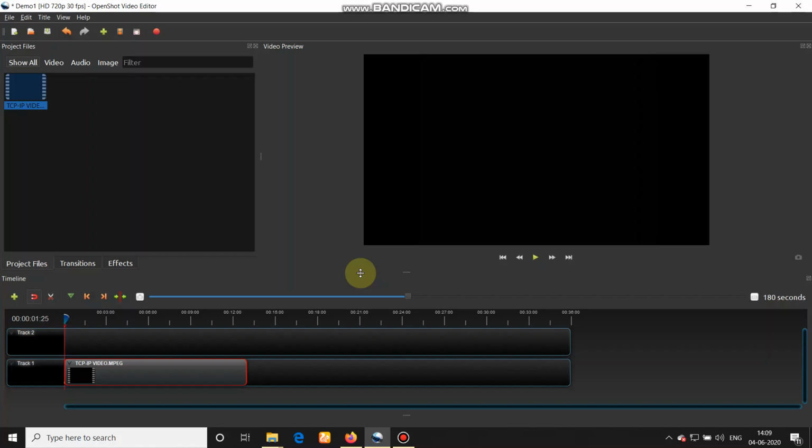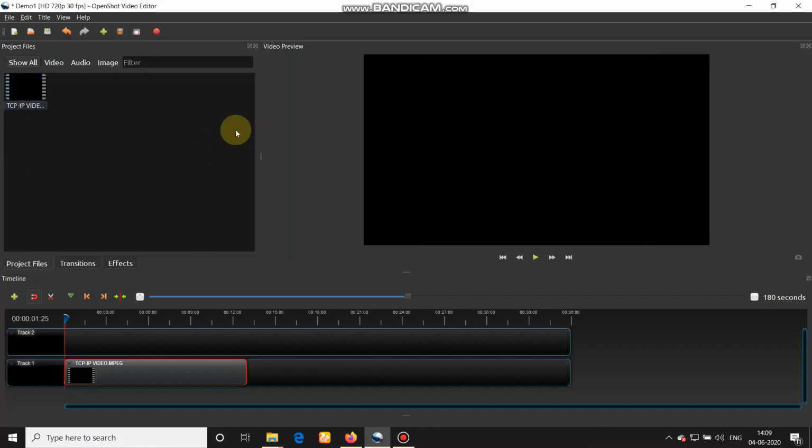So how do we adjust the volume? Select the clip. Suppose I want to adjust the volume of this particular clip. As in the previous method, you just need to right click and select add to timeline.